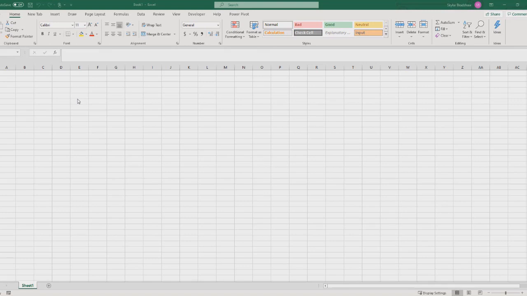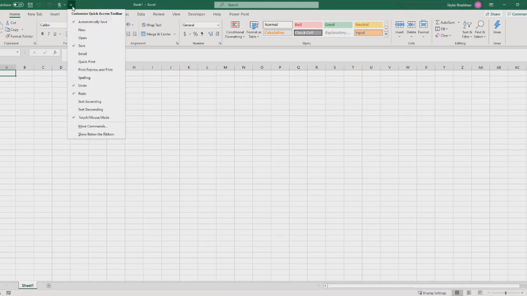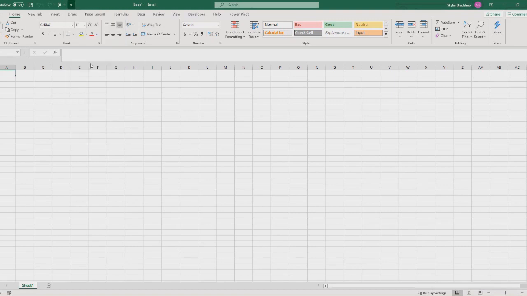I will show you all 3 just so that you get a little bit more familiar of how to add commands to your Quick Access Toolbar. Now the first way, we can click this drop down menu. Now these are just a few commands that we can easily access. For example, if you do a lot of printing, put Quick Print up here. As you can tell, a printer icon appeared, so anytime we want to print, all we have to do is